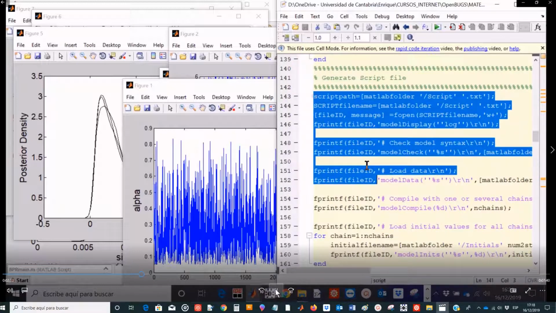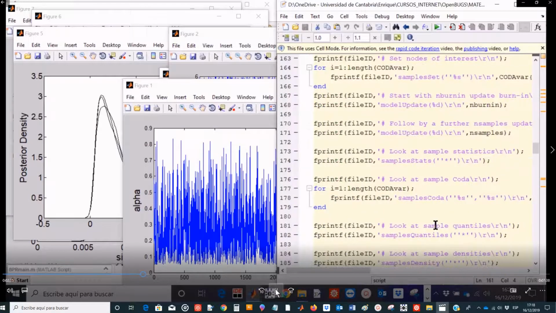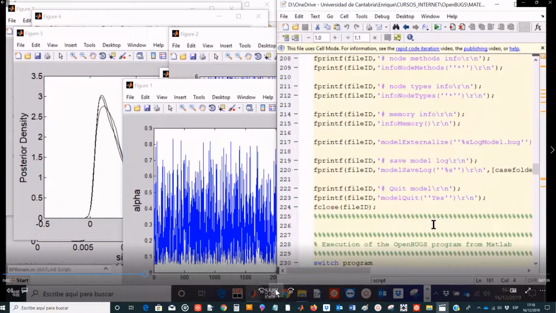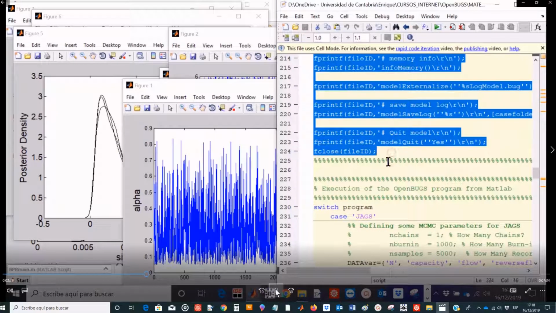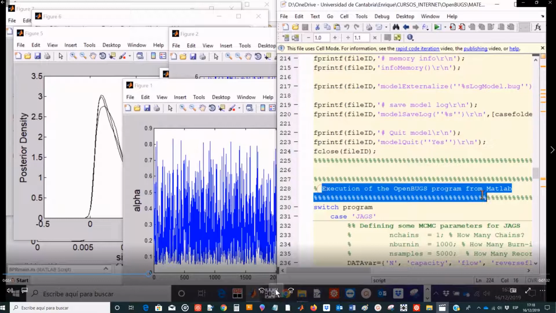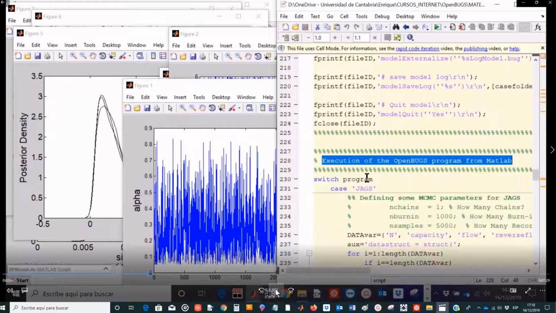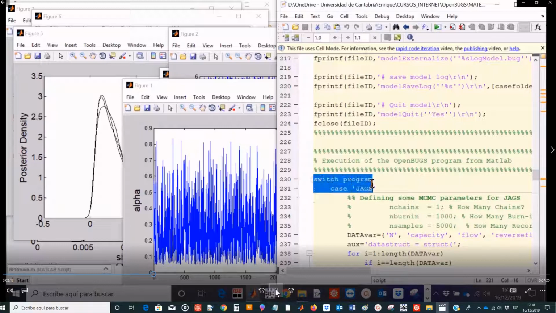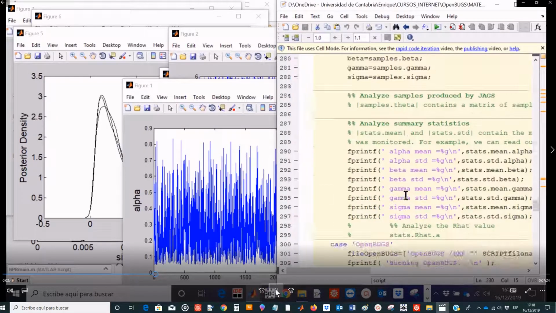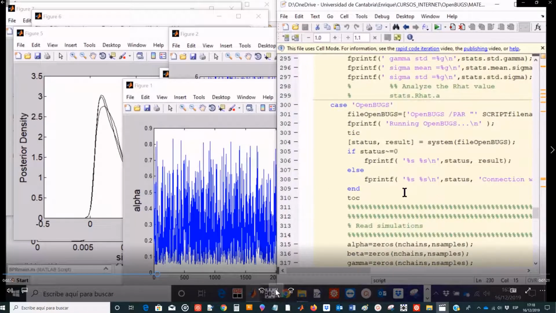Then you generate the script file with all the commands. You just print the commands using MATLAB. And then you reach the part of the computer program that calls either JAGS, if you have selected that option, or OpenBUGS. So this is the OpenBUGS part, as you can see.